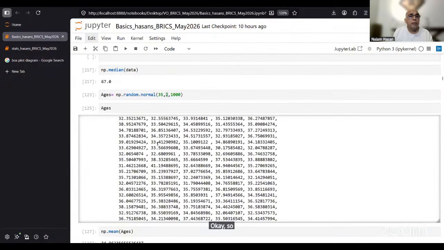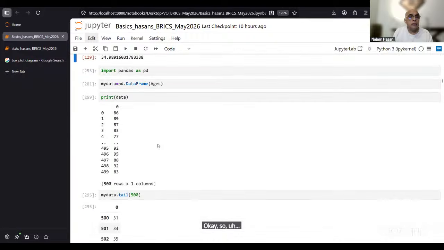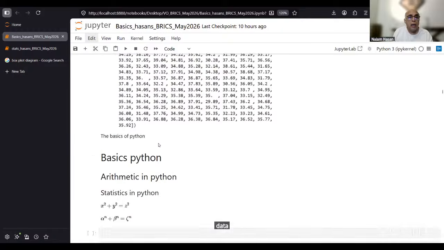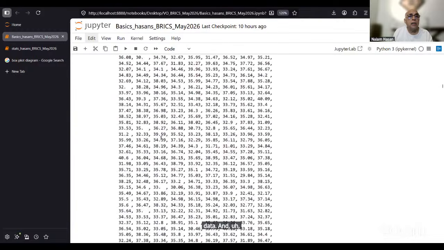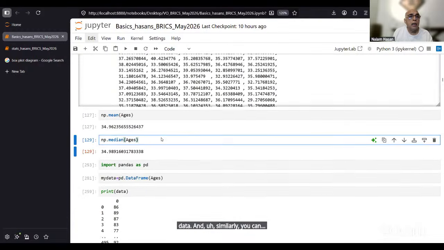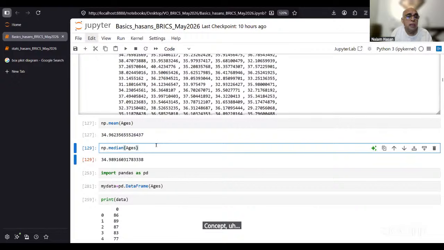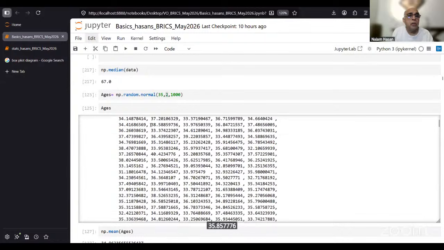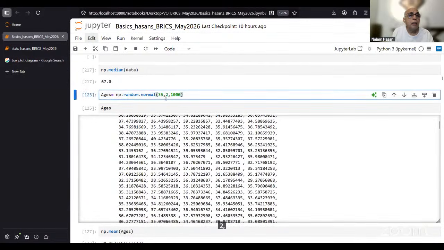Okay, so this is for the data. And similarly, you can construct randomly distributed data from various distributions. We'll see how we can invoke different distributions. And if you are unhappy about ages being 35.8577776823, then